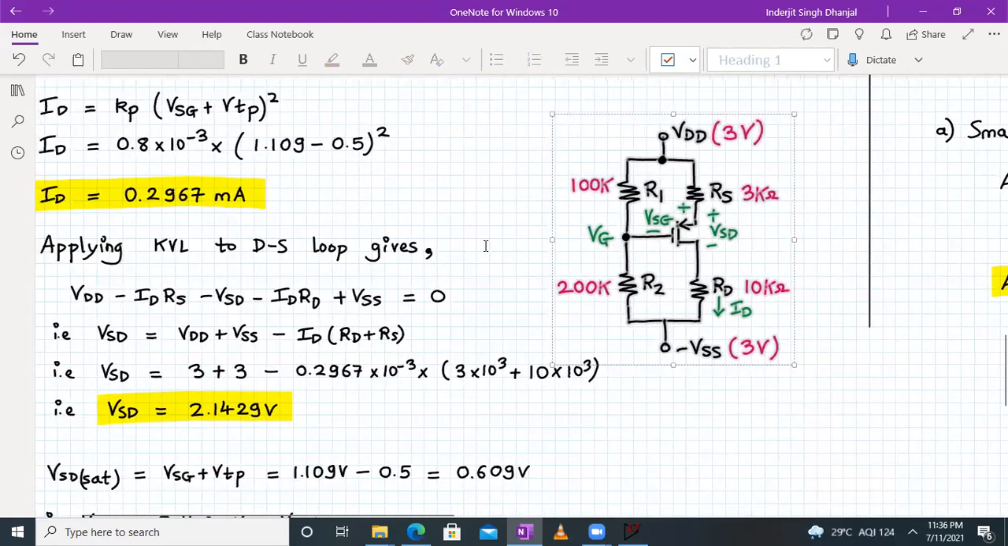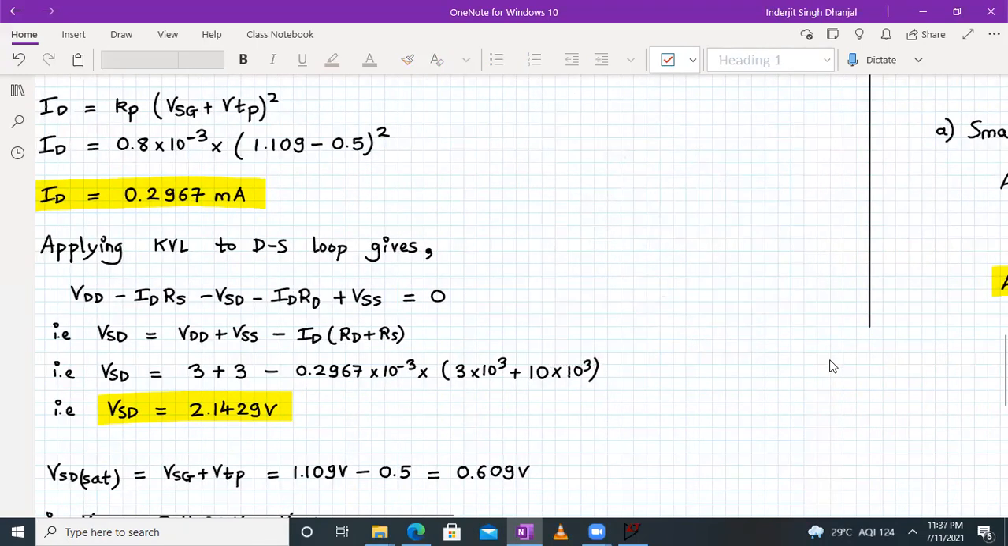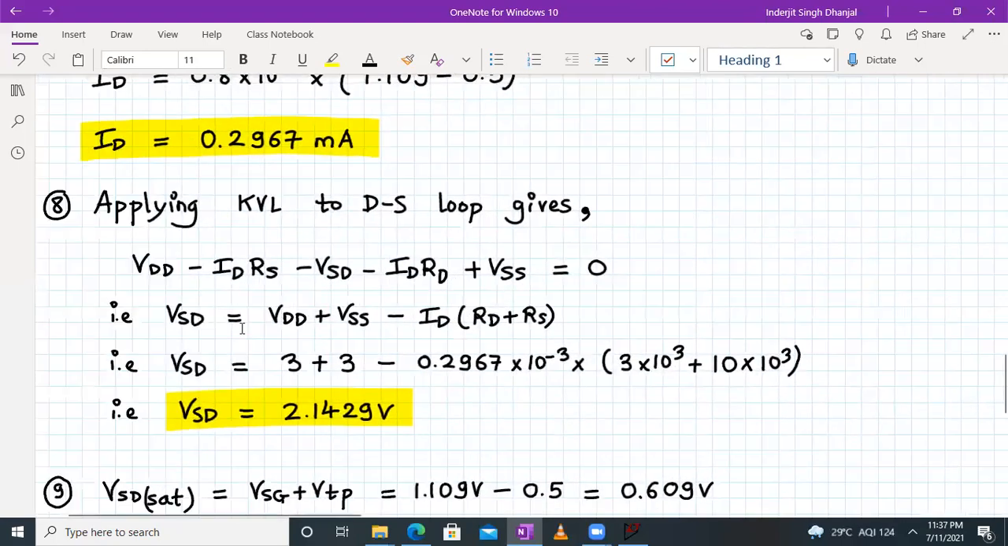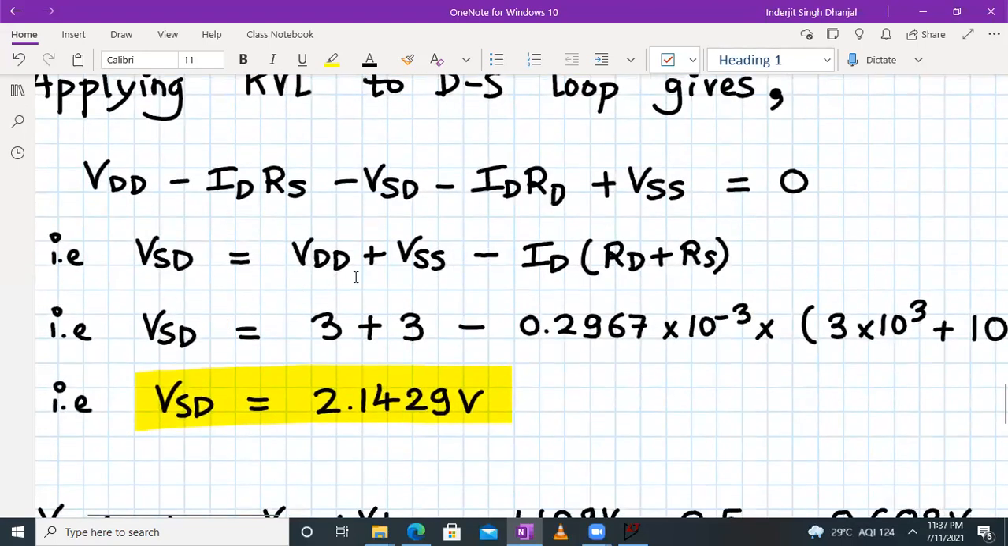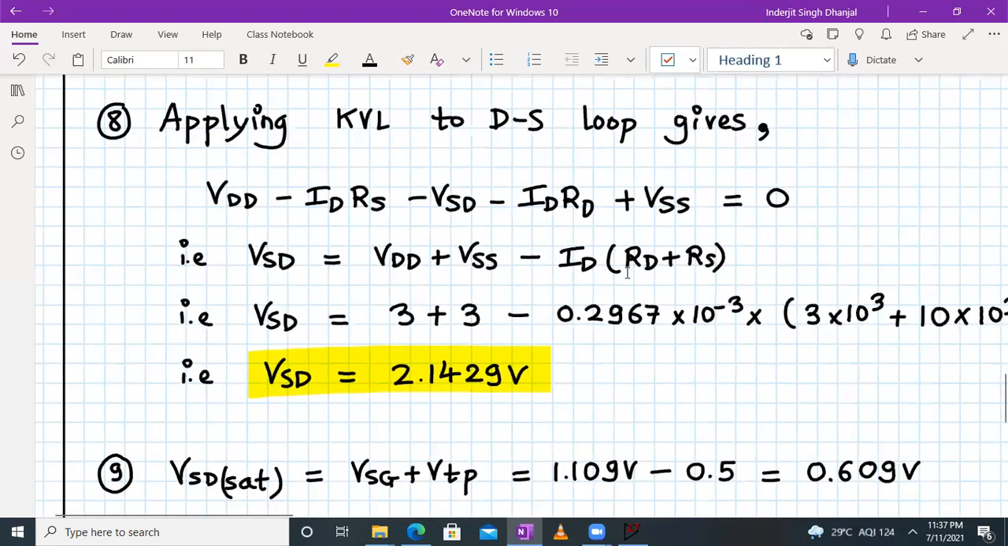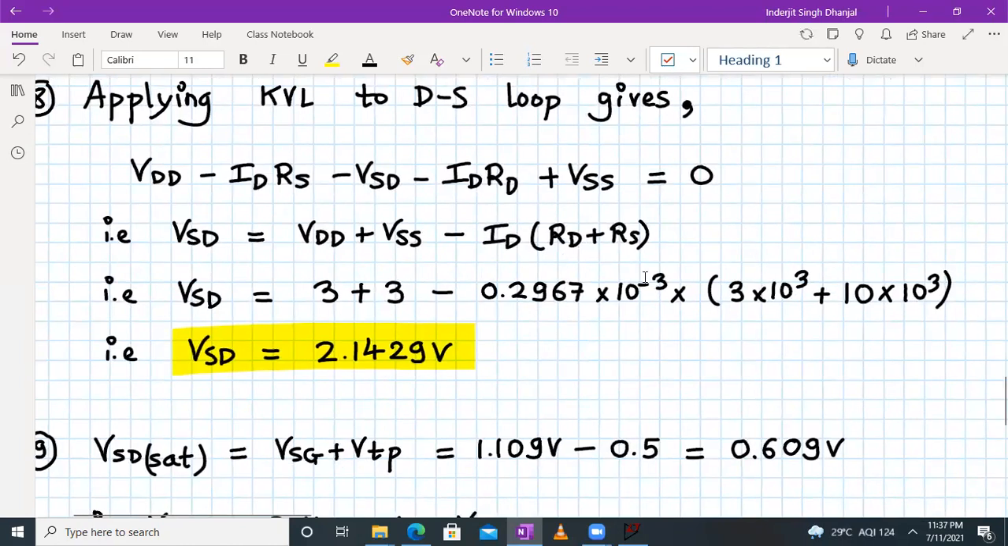When we apply the KVL to the drain source loop, what do we get? VDD minus ID RS minus VSD minus ID RD plus VSS equal to 0. So that's what we get over here. Now its job is over, so we'll remove it. VSD will be equal to VDD plus VSS minus ID into (RD plus RS). We have all the values, so you plug them into a calculator and you will get the value of VSD as